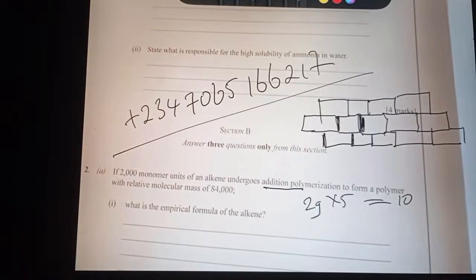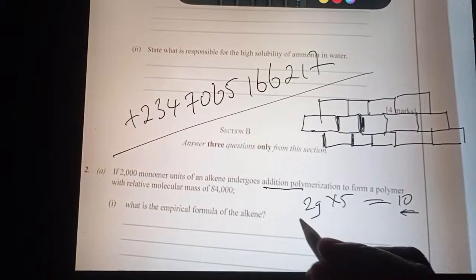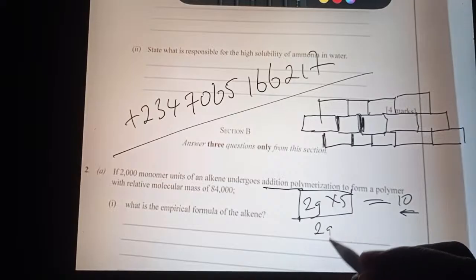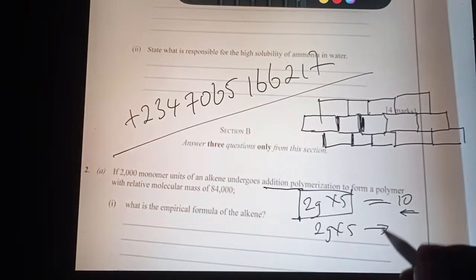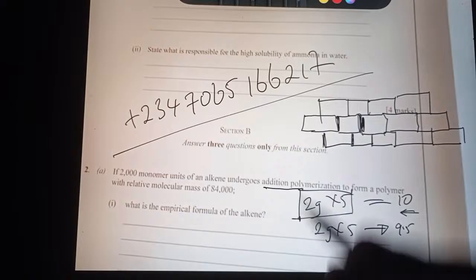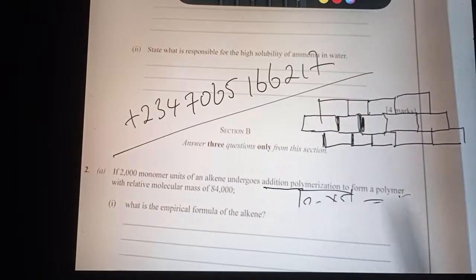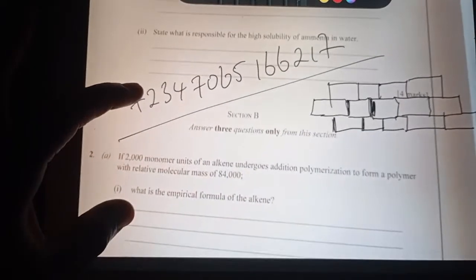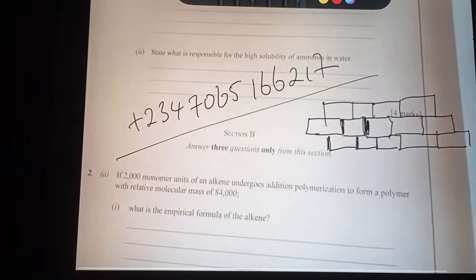But in condensation polymerization, you will get a polymer that is less in weight than the monomers that make it up. In this case, 2 grams times 5, your polymer might weigh 9.5. Something is lost: a small molecule such as water, ammonia, or HCl. So we call it condensation. But they are very clear here that it is addition polymer. Although NECO's questions will not be as difficult as this, just use this to learn, okay?